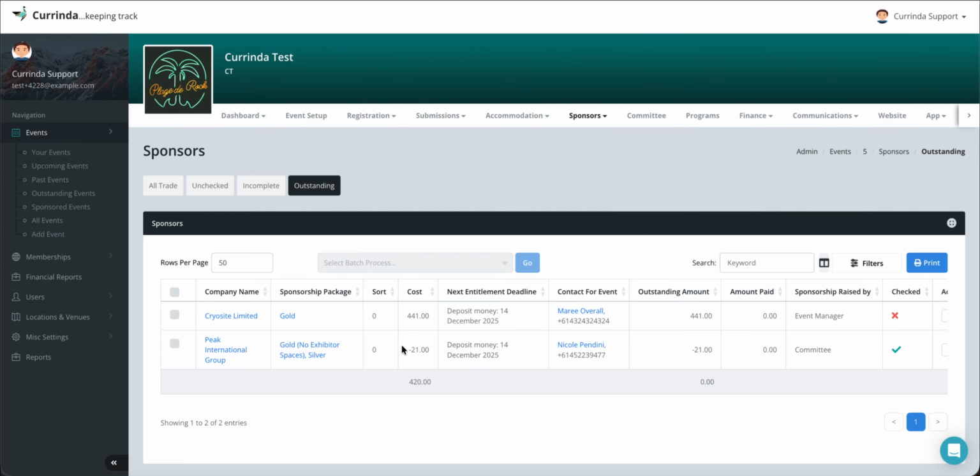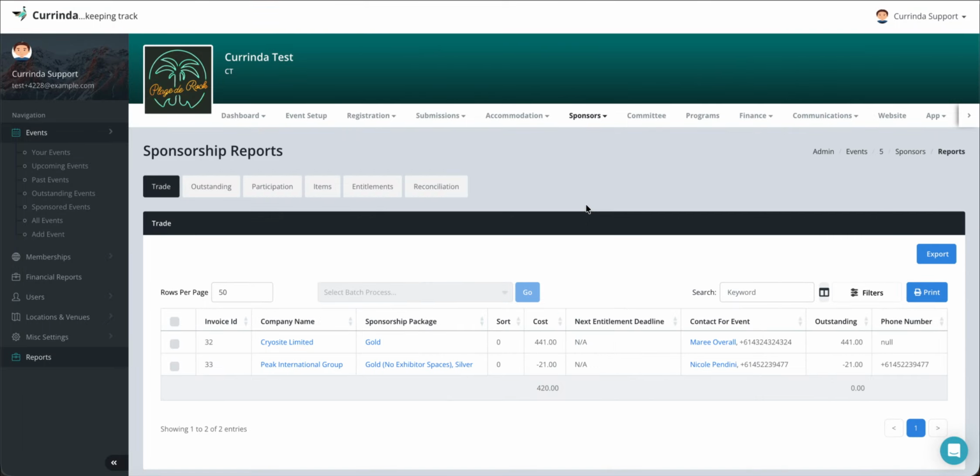Now we'll drill down further into the sponsorship reporting, which this is a basic report here. However, if we hover down on the sponsors, we can see full reports inside of the sponsor section. Let's click on reports, and now you can see I have 6 reports here. You can see trade, which I already explained, that is the basic detail of how many companies have been onboarded for this event to be able to work as a sponsor or act as a sponsor. And we have some batch processes here, and